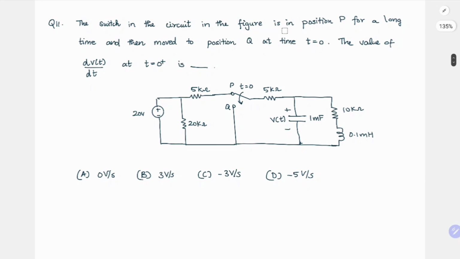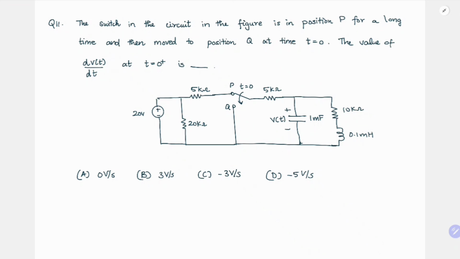The switch in the circuit in the figure is in position P for a long time and then moves to position Q at time t equal to 0. So from here, the switch is flicked to this position. The value of dV of t by dt. So what is V of t? V of t is nothing but your voltage across your capacitor. So they're asking for the value of dV of t by dt at t equal to 0 plus, and they